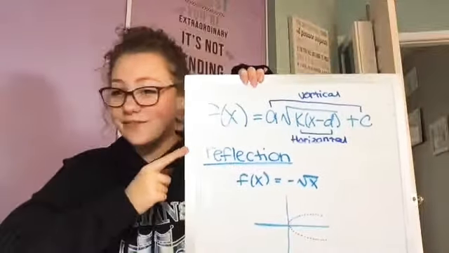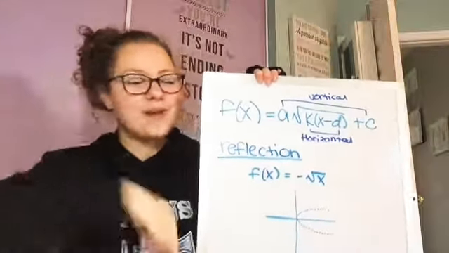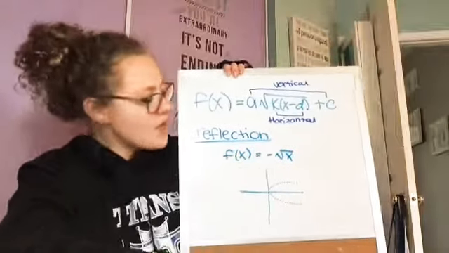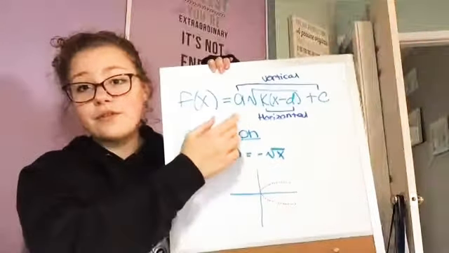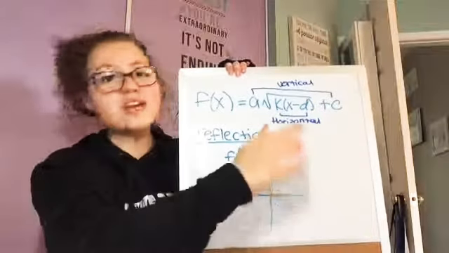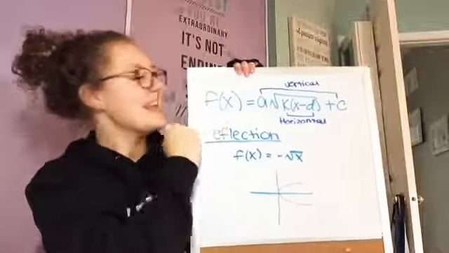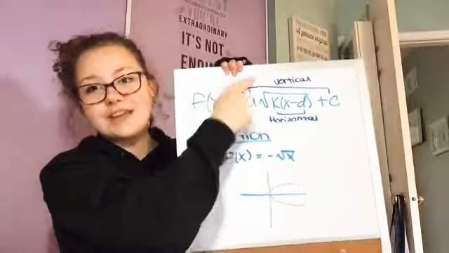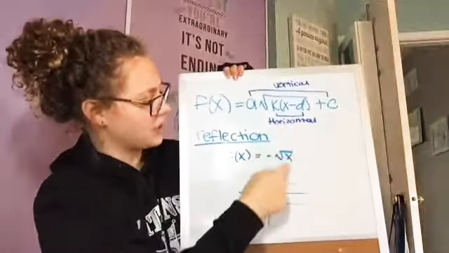Alright guys, now let's reflect on what this next transformation does. So, what is a reflection? You want to think of it a little bit as like you're reflecting your function across a mirror. So, I chose to reflect it over the x-axis, which involves the a. Now remember that the a value affects our function vertically. So to do that, I would have to put the